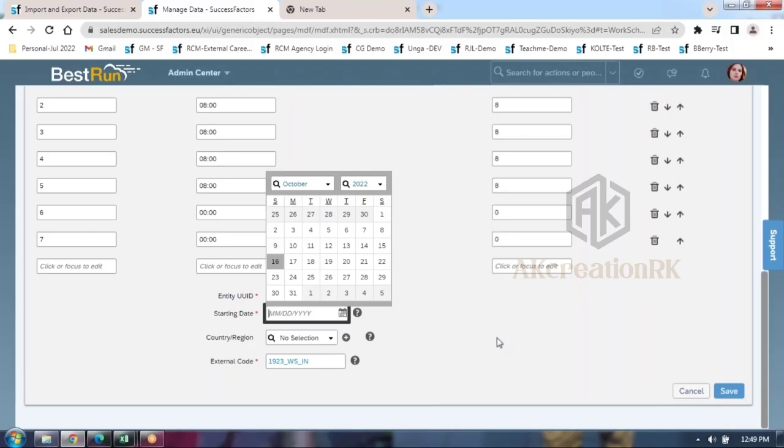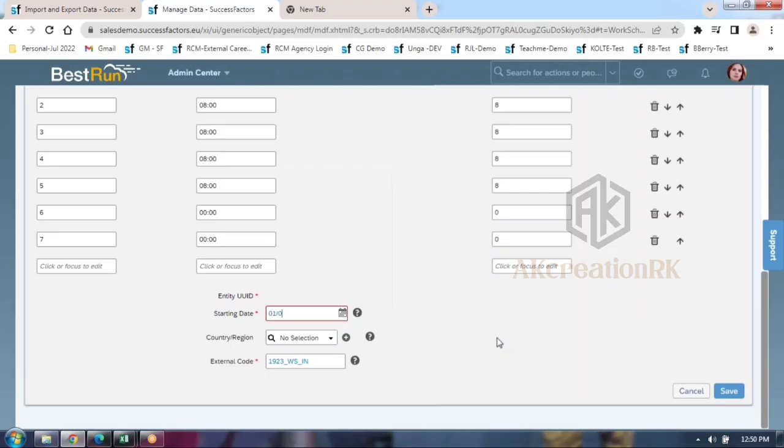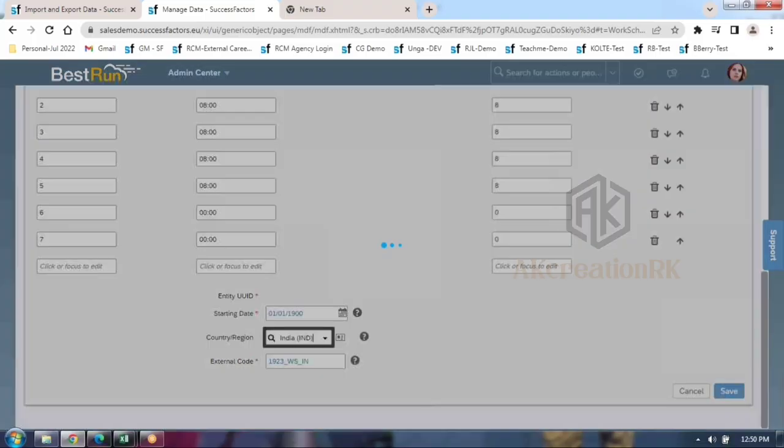Even though your company started in 1923 or 1947, please maintain the universal start date only. Now, is it country India or universal? If you do not mention any country, you can use the same work schedule for any country. If you mention country India, it is applicable only for India. Click on save.